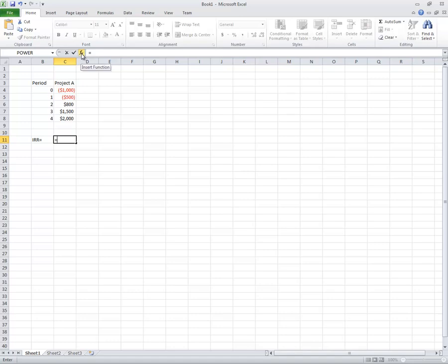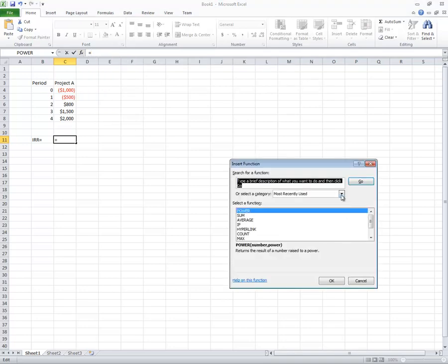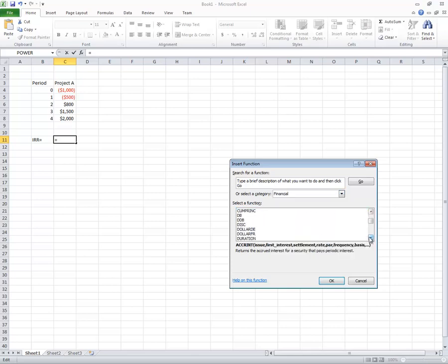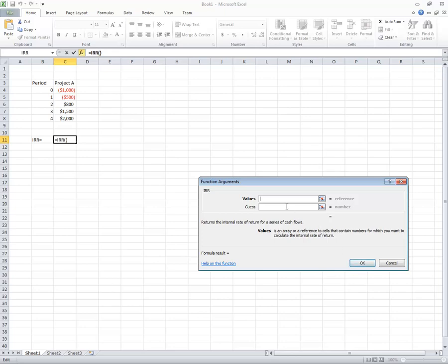I can either click on the function or I can write directly here IRR, and it will find it for me. If you would like, you can click on functions, and from functions you can select financial, and from financial you can scroll all the way down to the IRR, select and say OK, and that will give you